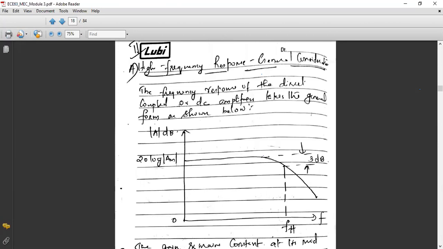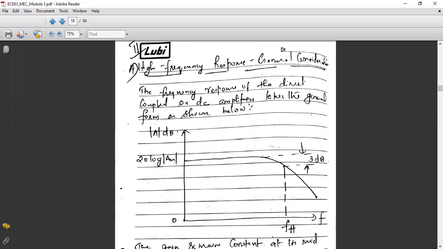Next, we will go to the high frequency response. So this completes the first half of this module. Till now we have studied the current source, current mirror and current steering circuits, and you need to derive the expression connecting the output voltage and the output current. Based upon that you have to do that particular program. That numerical is very important, just go through that numerical, it is very important for you.